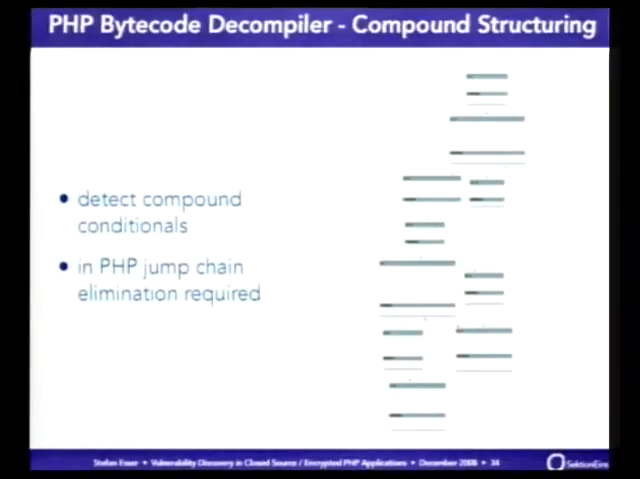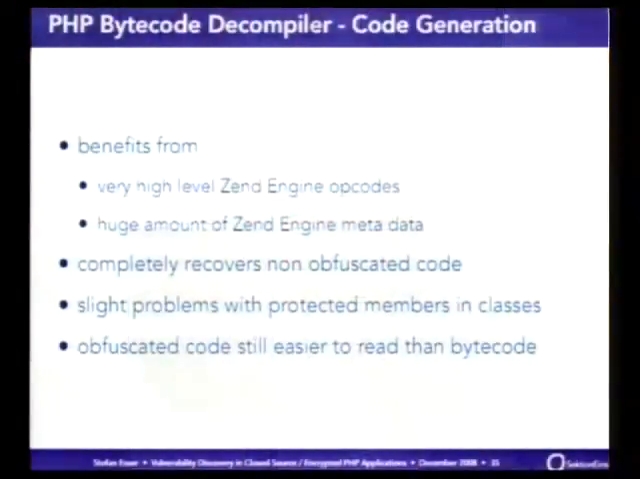The last thing is that you detect compound conditionals, which requires PHP jump chain elimination. Otherwise, the algorithm doesn't work. It's not so interesting, actually. I'm running out of time, so I will try to speed up. The thing with PHP bytecode decompilation is that it benefits very much from